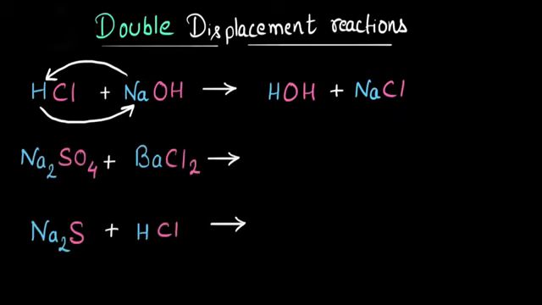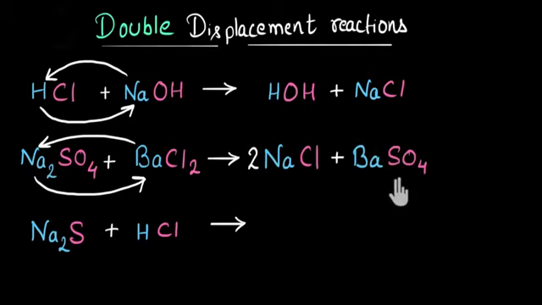Now I've got two more reactions and both of these are double displacement reactions. I want you to pause the video and try to find out the products of these by yourself first. Now if you have tried it, let's see. Since this is double displacement, ions are going to exchange position. Here sodium will exchange position with barium. So sodium displaces barium in one sense and forms sodium chloride. And in turn barium takes the place of sodium and forms barium sulfate. So the product is going to be sodium chloride and barium sulfate.